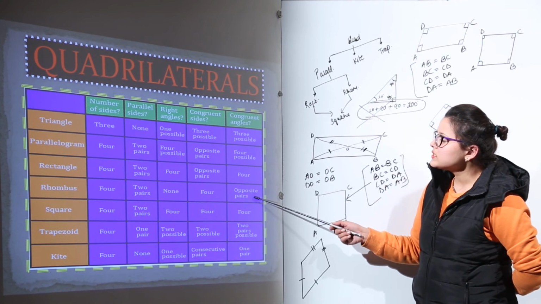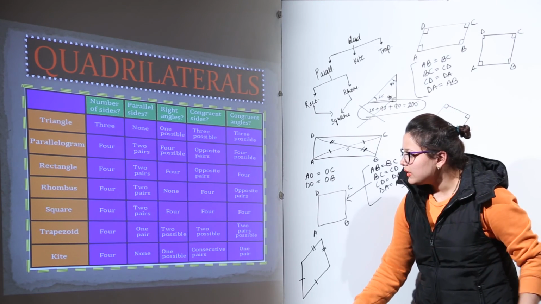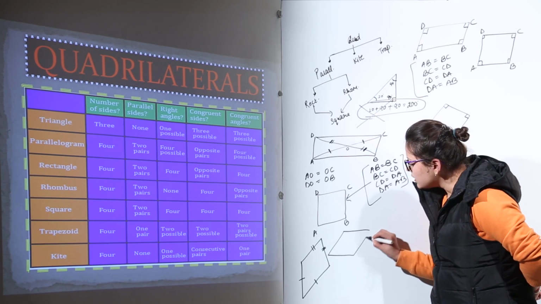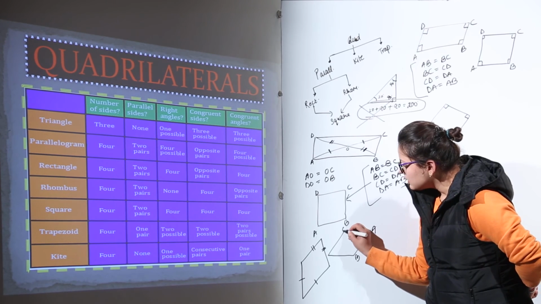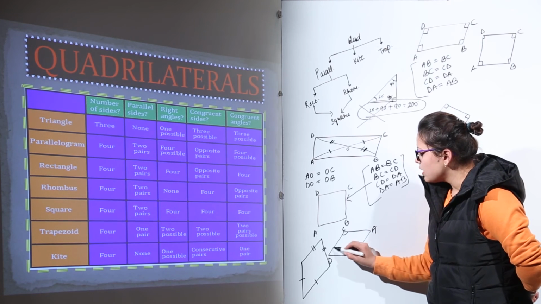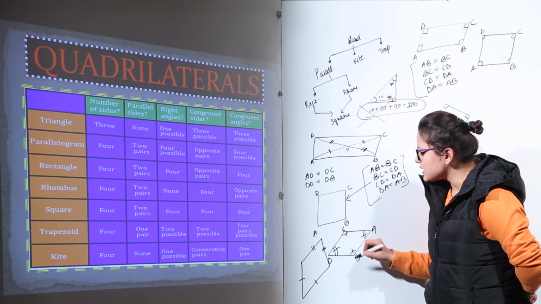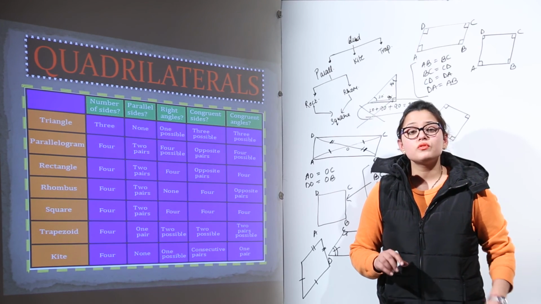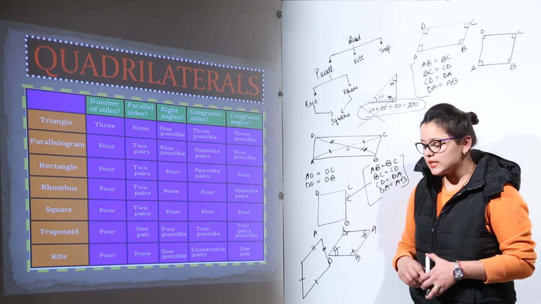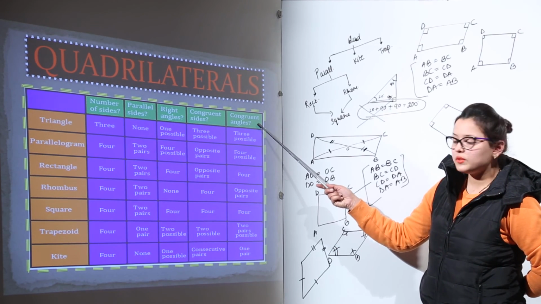Next we have the rhombus. Only opposite pairs of the rhombus can have the congruent angles. Let us make a rhombus. Let's make this rhombus ABCD. Now in this rhombus we can say that only opposite pair of angles can be congruent to each other, because the property that we did said that the opposite angles of a rhombus are equal to each other. So if the opposite angles are already equal, that makes them congruent. So we can say a rhombus has opposite pair of angles equal as the congruent angles.